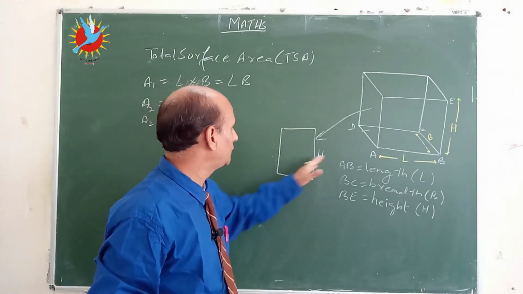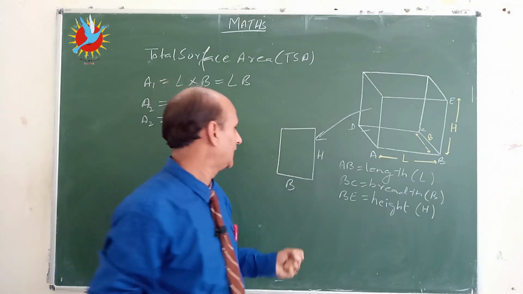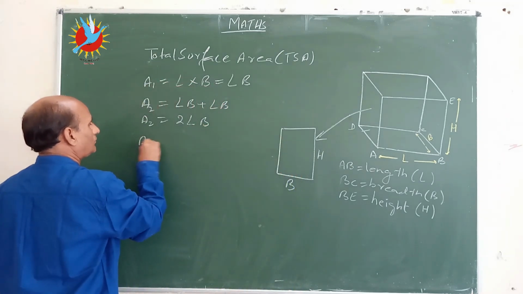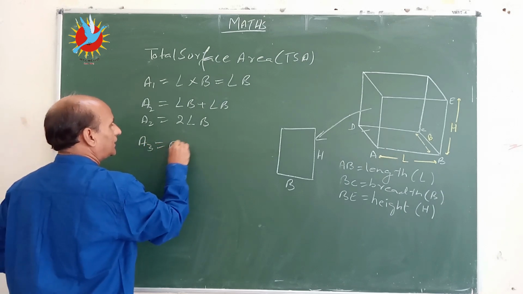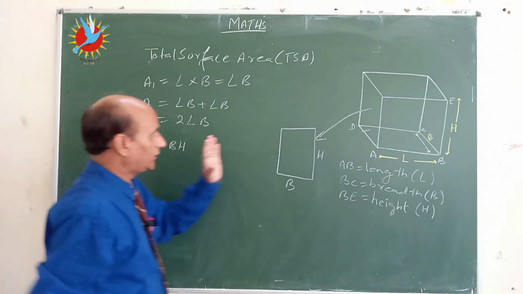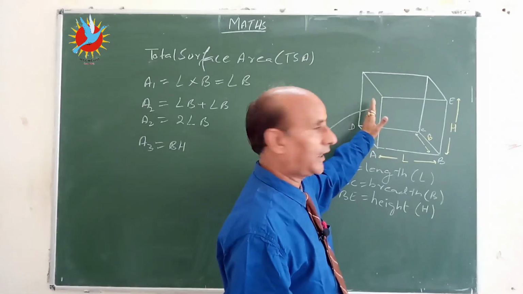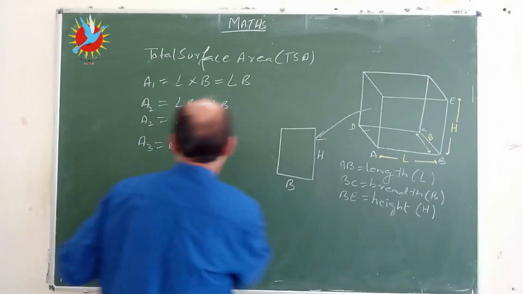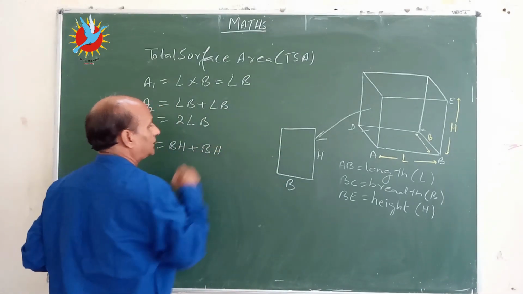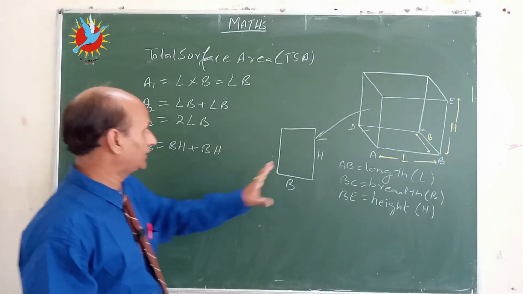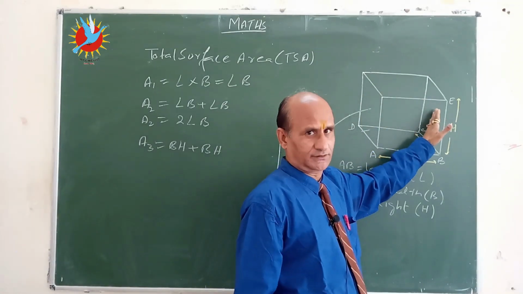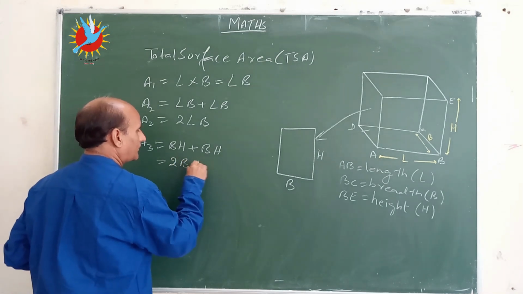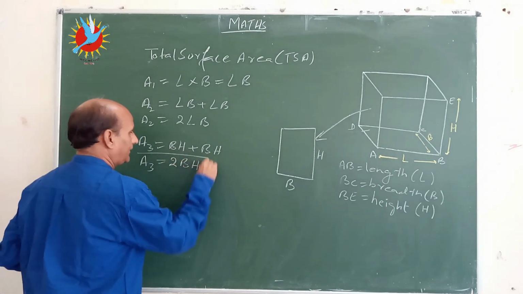When we multiply both the units, then we will get the area of a rectangle. So the area of this figure is width into height. Now when the area of this figure is width into height, then the area of this surface is also width into height. So we will add width into height. We will get the area of two surfaces, area of this surface and area of this surface. So let us take it as 2BH. This is our A3.